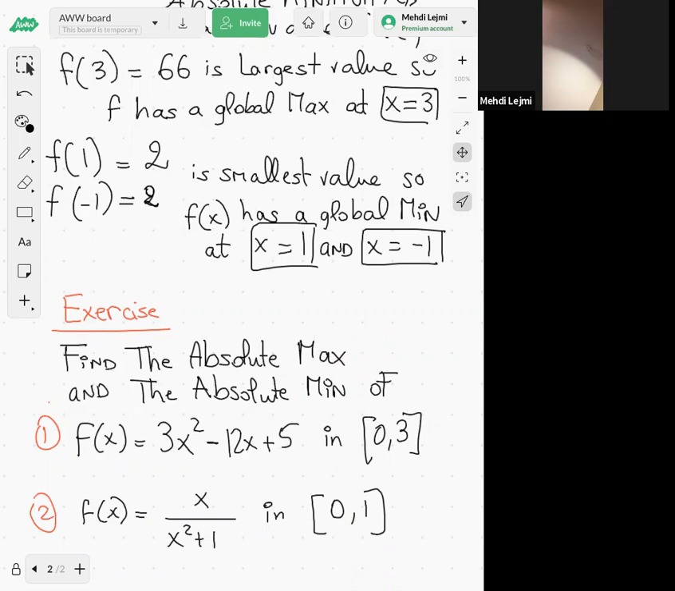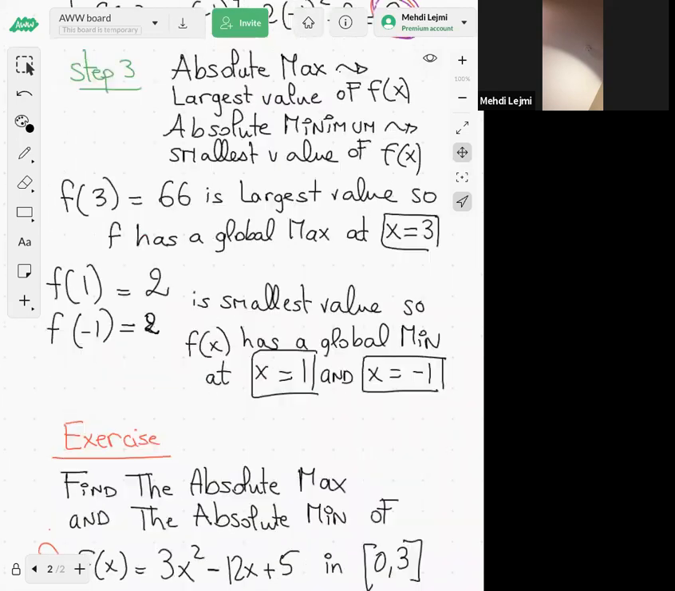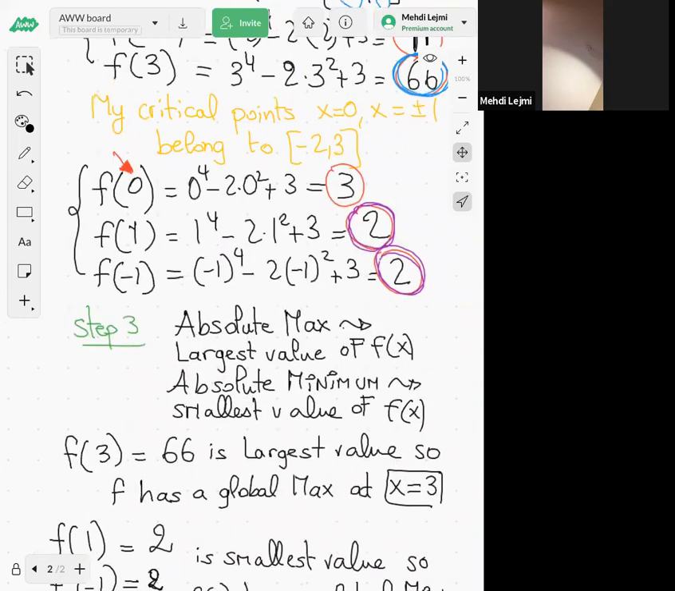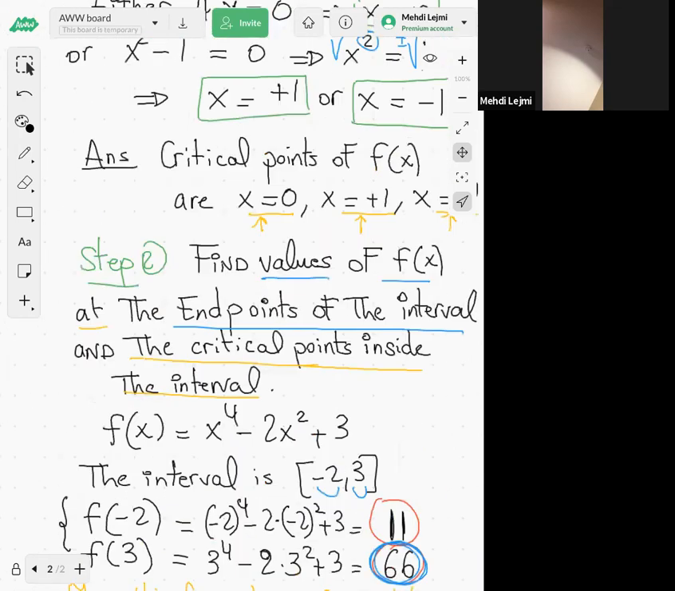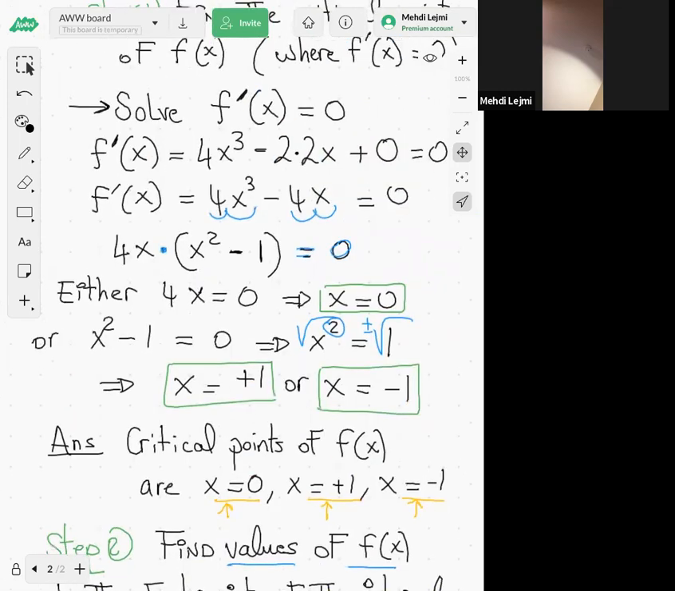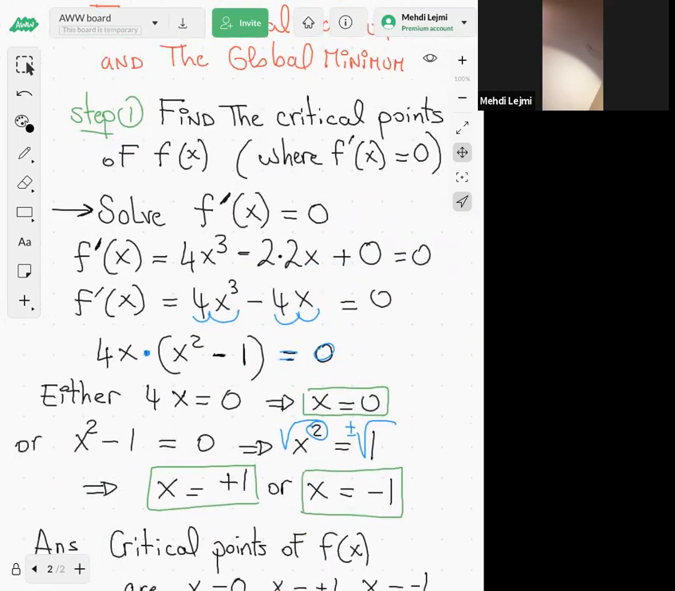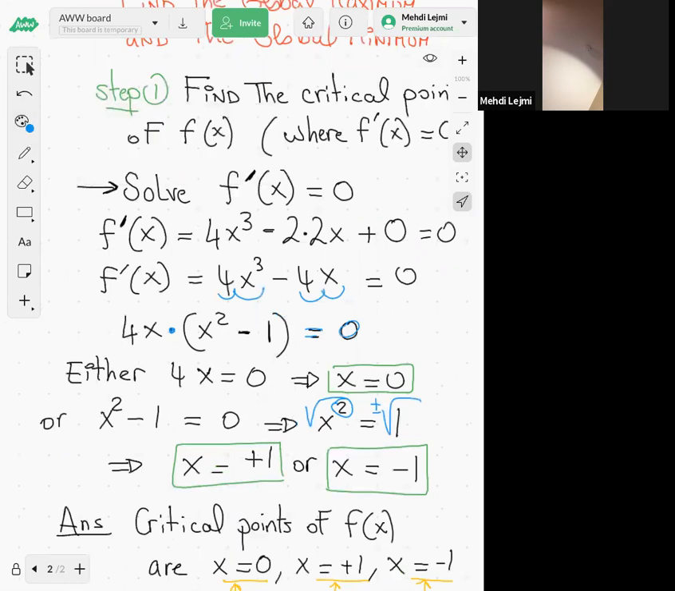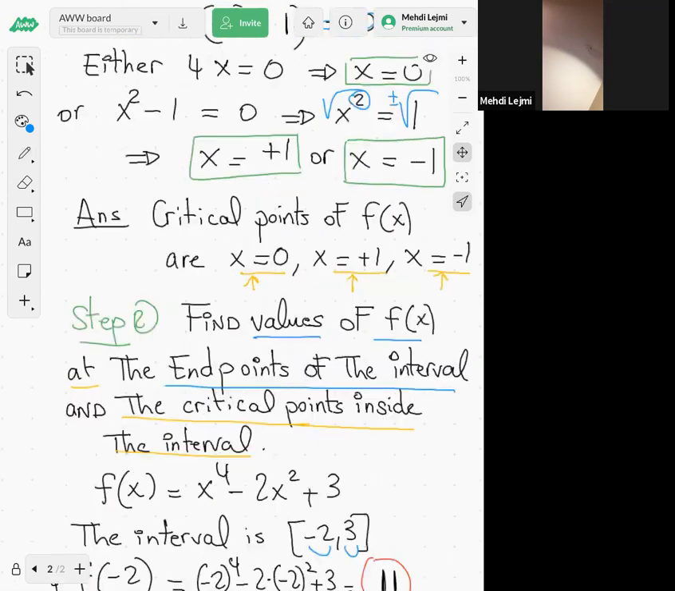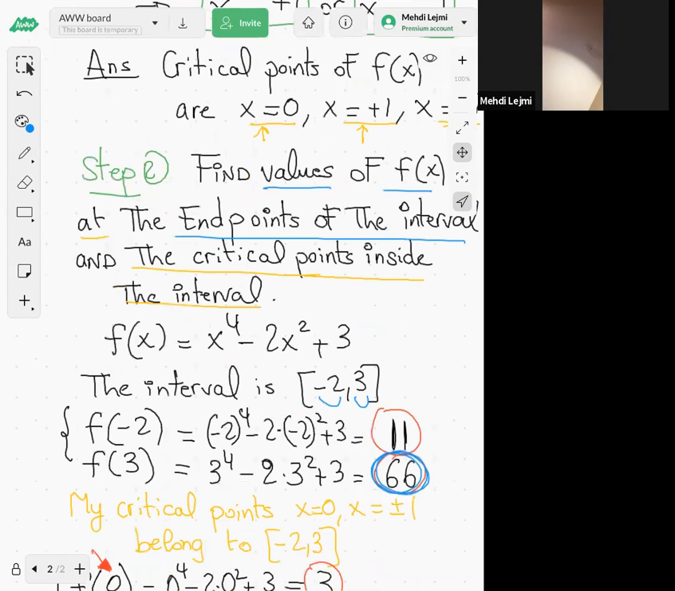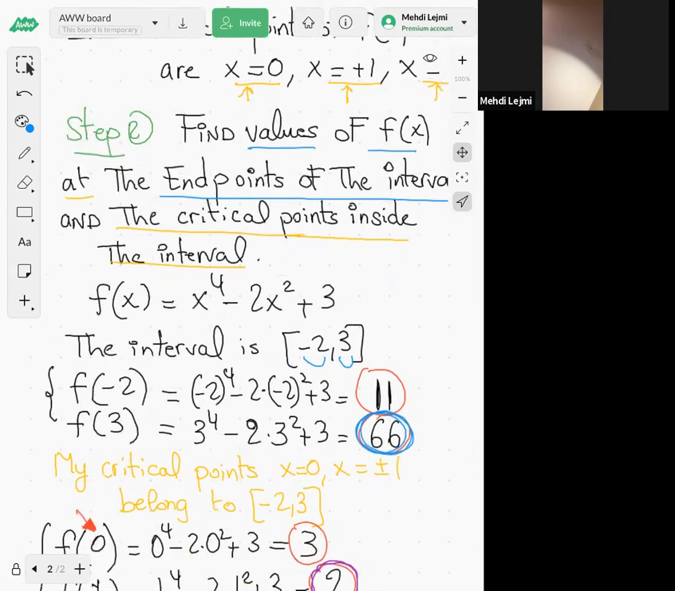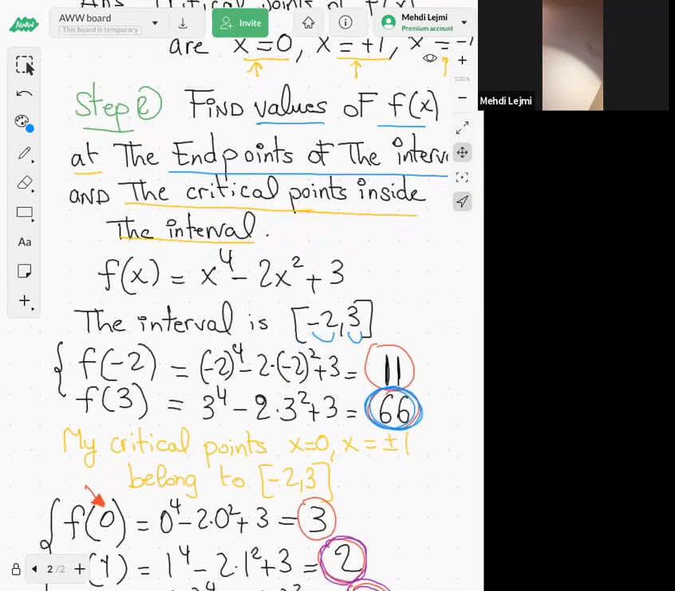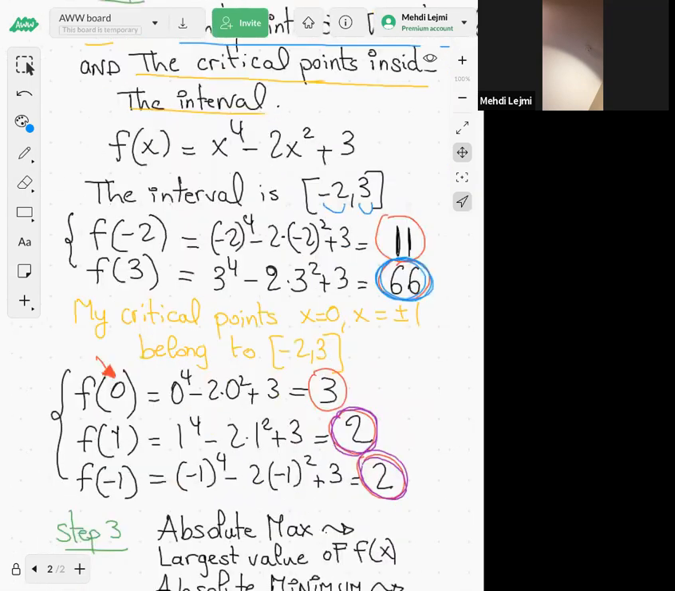So let me know, guys, if you have any questions. So first step, you have to solve f prime of x equal to 0, right? So then you get your critical points. And then step 2, you have to find the values of the function at the endpoints of the interval, and also at the critical points which are inside the interval. And then once you evaluate your f,